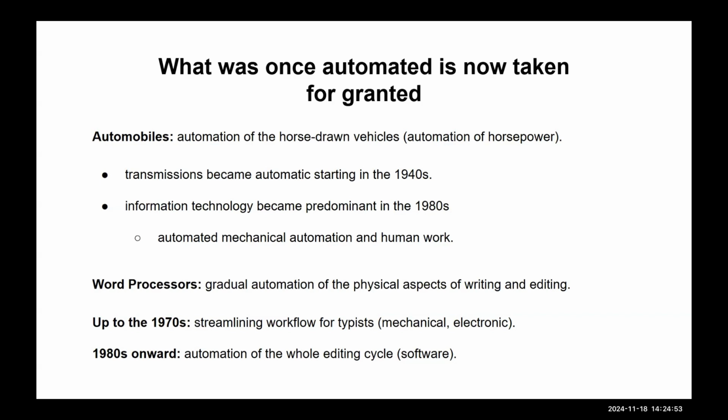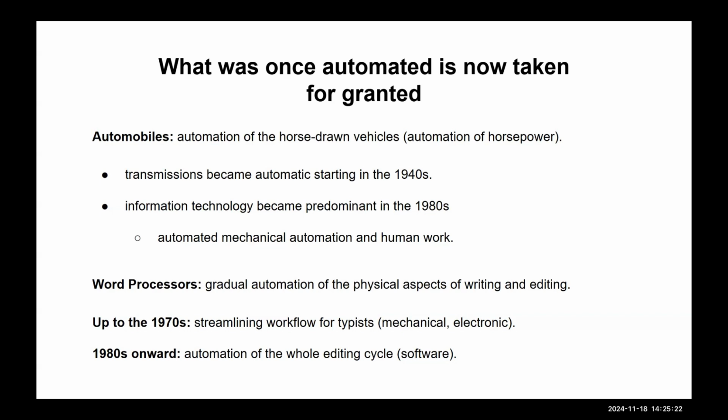I'm going to give these two examples, because they get into how, once you start adopting a lot of automation, there can be diminishing returns. Sometimes, though, there is this natural progression of adding automation into things, making things easier. And sometimes the return is not diminishing, but you're building on what came before. So the first example is automobiles.